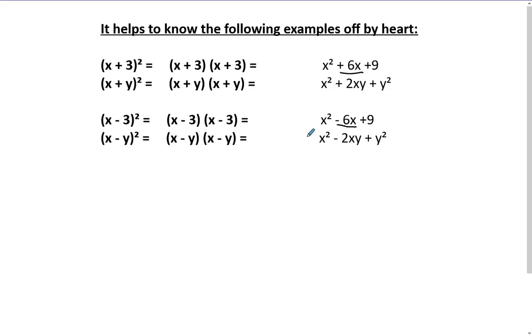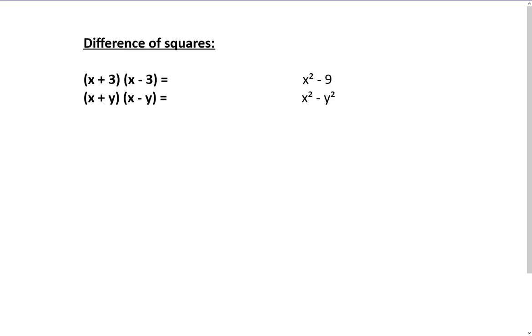Okay, and then the others that you really need to be very strong with, to be able to recognize them. It's called the difference of squares. So if you're expanding x plus 3 and then x minus 3, the only difference being the signs, then it's called the difference of squares. So you actually square your x's and then go minus and square your 3's. And when we've cheated, you can tell it's going to be x squared, and then when you go 3 plus minus 3, there's nothing in the middle, and then positive times negative is negative, and then 3 times